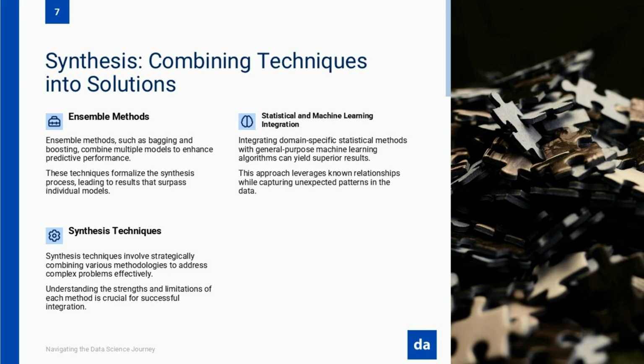So, how do you recognize when a problem requires multiple techniques? There are several telltale signs. First, when your data exhibits different characteristics across segments, perhaps linear relationships in some areas, but nonlinear in others. Second, when you're balancing competing priorities like accuracy versus interpretability, where no single method satisfies both requirements. Third, when your problem involves multiple steps in a pipeline, each demanding specialized approaches.